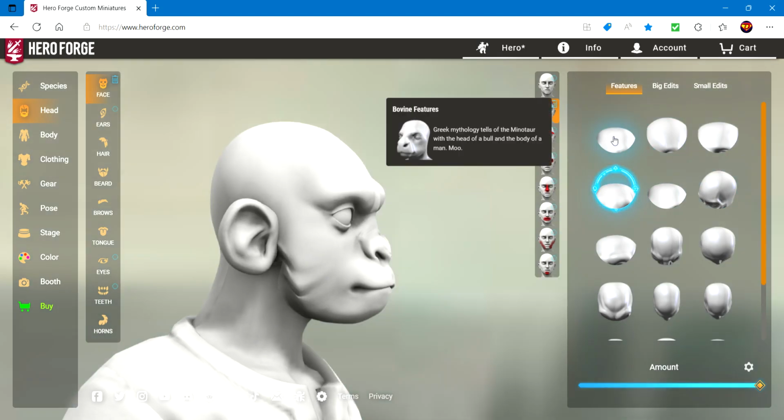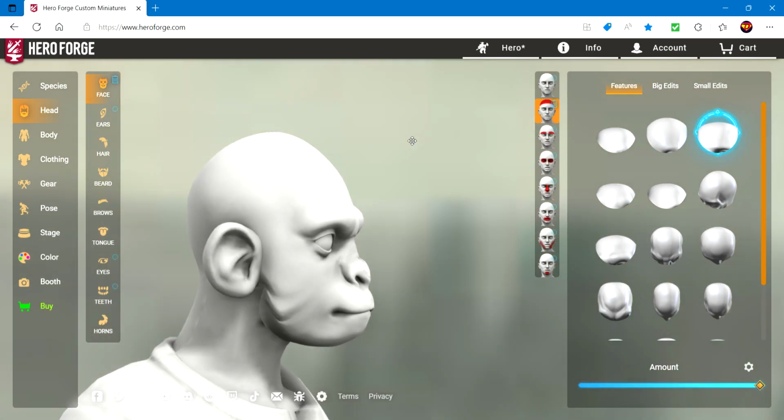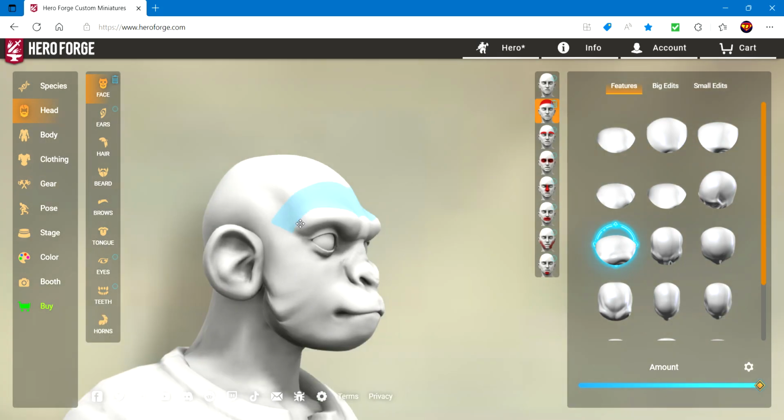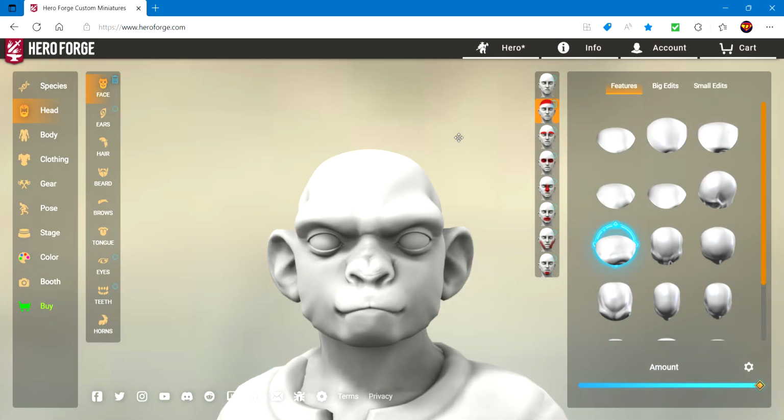Rabbit folk? No. Bovine? No. Feline? Too tall. Actually, no. We want our ape to have a flat head. Well, that's got a good shape to it actually. It's got a nice kind of contour to it there. So what I'm going to do,